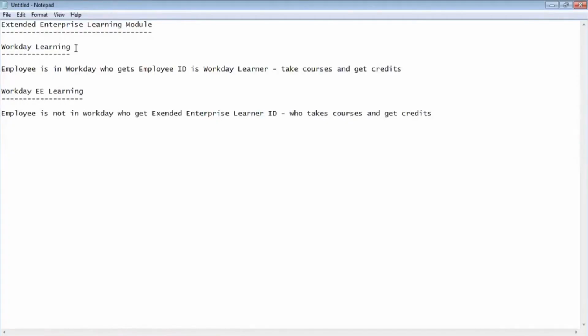Here within Workday Learning, when the Workday system has employees, those employees will be taking Workday Learning. They will be users of Workday Learning when they have Workday Learning as a module in the Workday system. But when we don't have employees in Workday and we want them to take learning from Workday, that is what they take through the extended enterprise learning module.